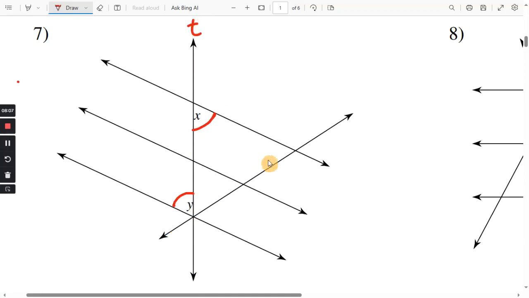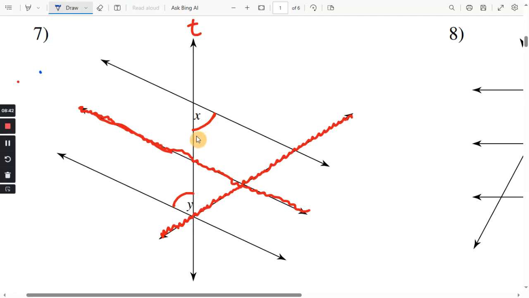This other line is also a transversal, but we don't need it. So on your paper, what I would do is just cross this off. And since this line doesn't contain any of the angles, I would cross this one off as well. Now it's easier to see, as far as the transversal is concerned,